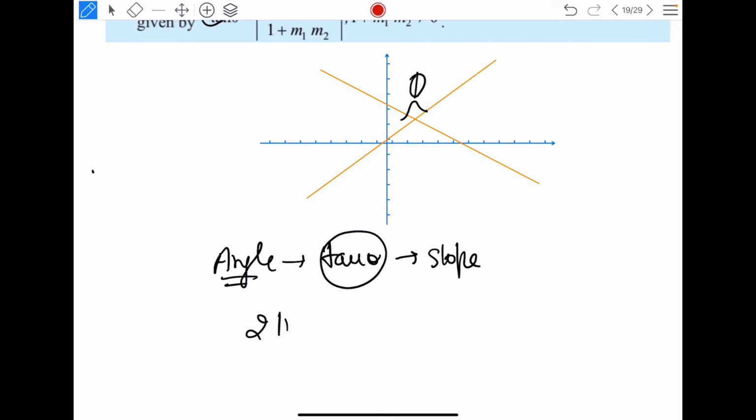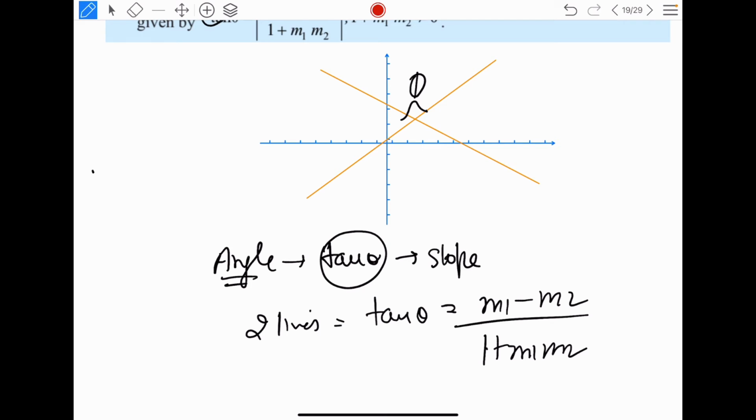Now here you have two lines, so here also you do the same thing. You have to find the tan theta, and the formula for tan theta is (m1 minus m2) upon (1 plus m1 m2), and from that you can get theta is equal to tan inverse of this. I told you whenever the trigonometric function goes to the other side, it becomes an inverse trigonometric function. If you are in class 11th right now, you can leave it in tan inverse. When you come to 12th, you will know how to find inverse trigo values and you will be able to calculate it if it's an appreciable value. That's how you get the angle.